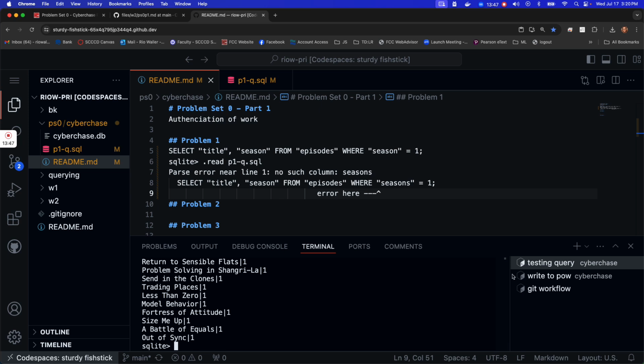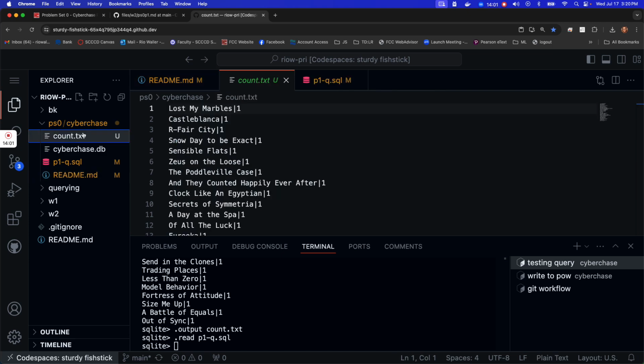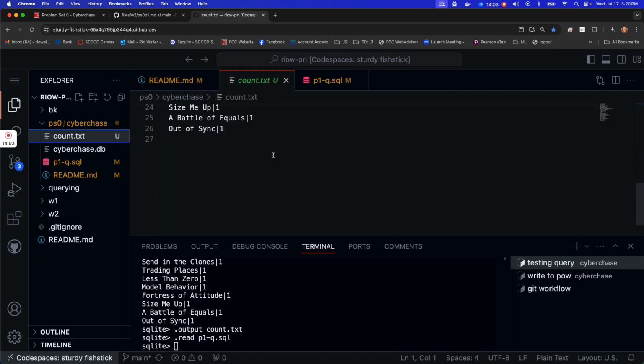But on this testing, I would also do this. I do output, and I do count.txt. And then what I would do is I would run that query again, right? Because notice it created that. And if I did this right,